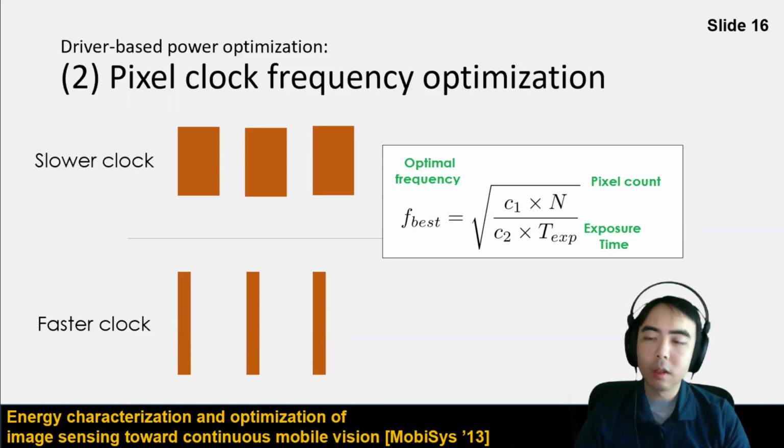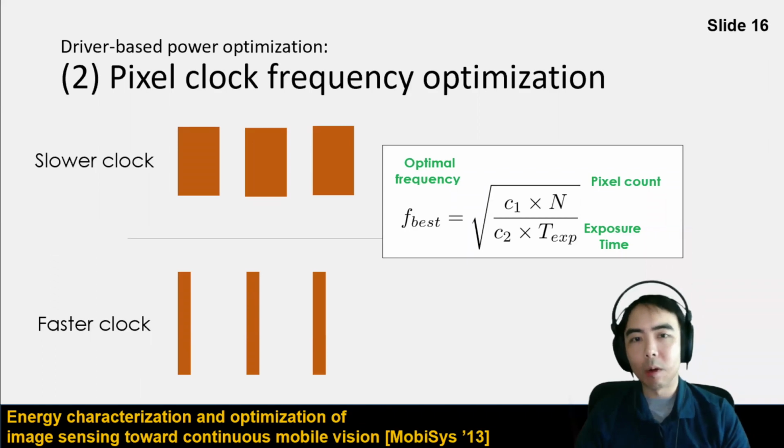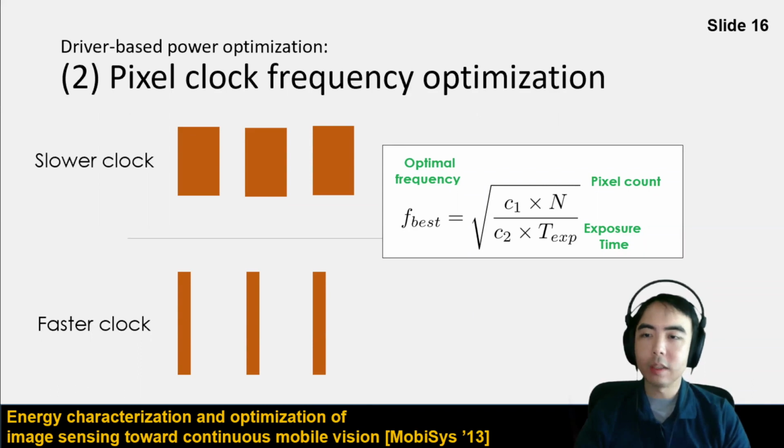On the other hand, with a faster clock, it takes less time to read out pixels because you're able to read them out faster, but it takes more power to run. And so you can do your calculus 1 exercise of asking how we minimize the area under this curve.